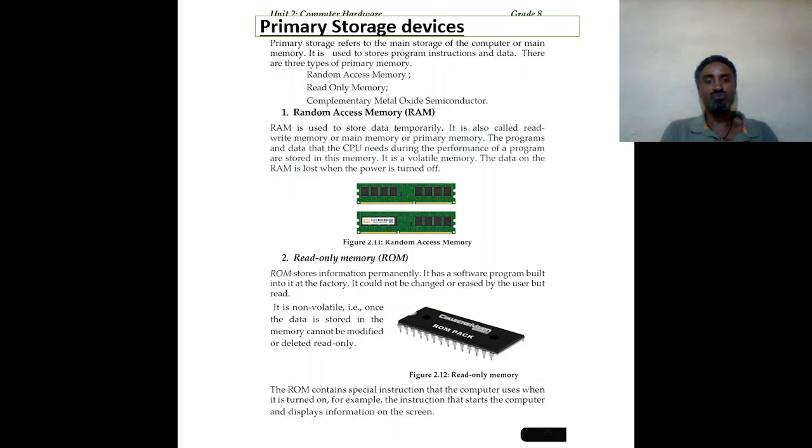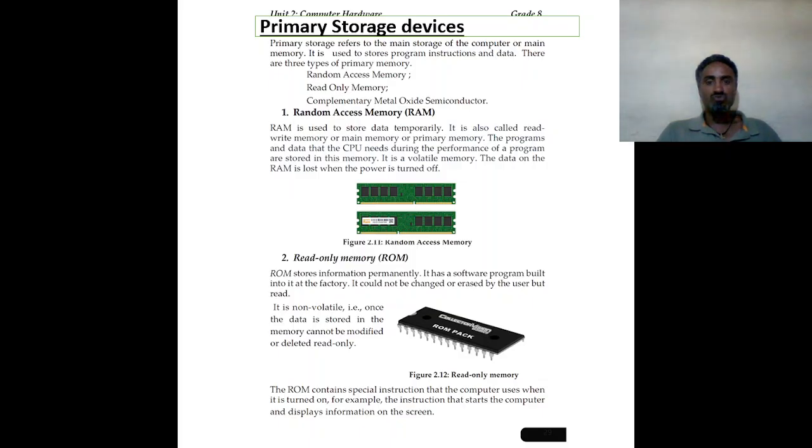For instance, when you want to prepare a specific letter, or when you want to draw or prepare a specific picture, or edit a picture, a specific file is stored. Or when we open any program, it is temporarily stored under the primary memory or working memory. The working memories are of three types: the random access memory, the read-only memory, and the complementary metal oxide semiconductor. For instance, when you type a letter or draw a picture, it is stored under random access memory. That is why we say it is a working memory.